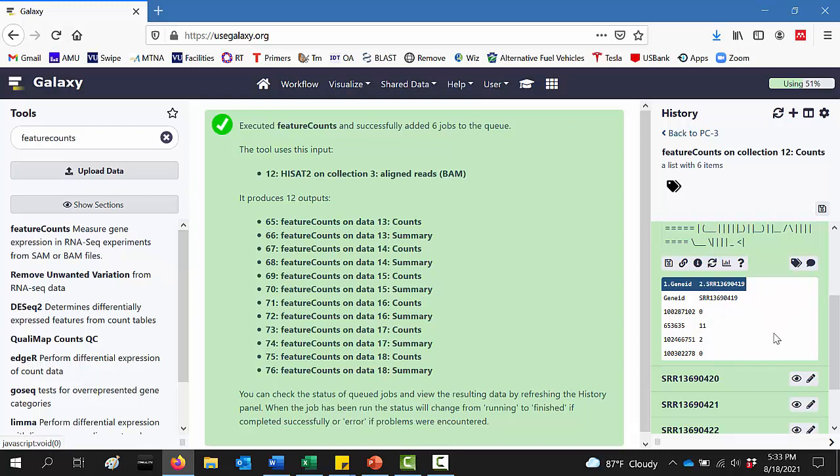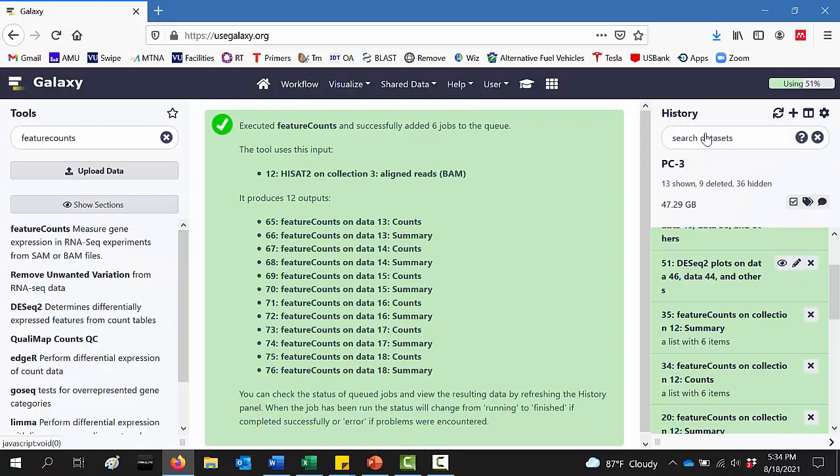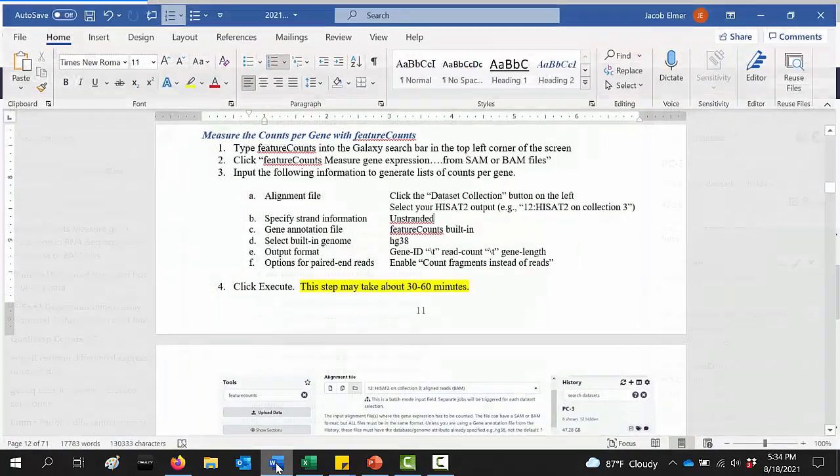DESeq2 just wouldn't know what to do with the lengths, so that's why we omit them. It's not that it would necessarily be bad to have, but DESeq2 is only looking for 2 columns in this data. So there we go. We've got our lists of counts, and now we're able to go on to the next step,